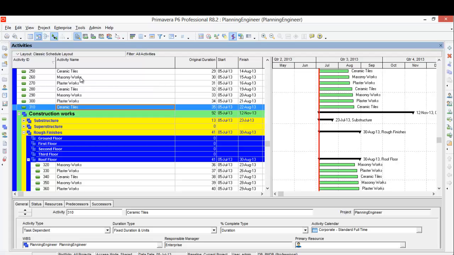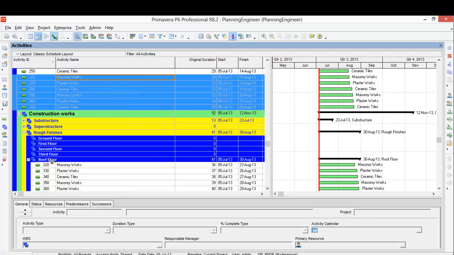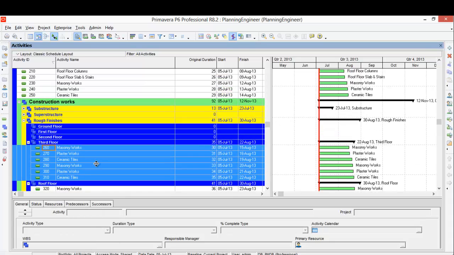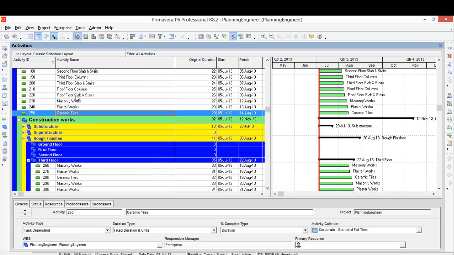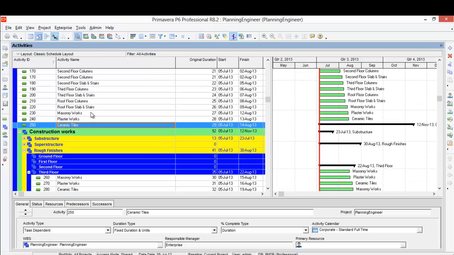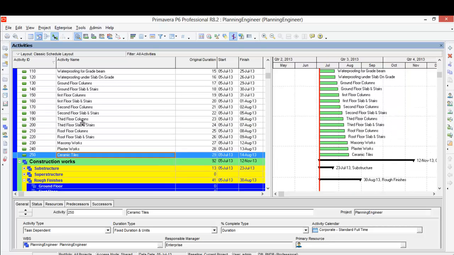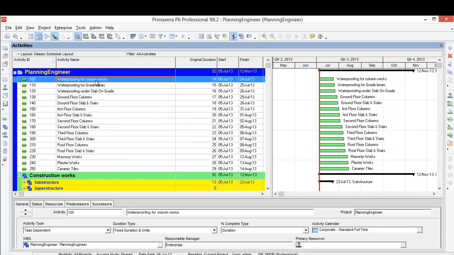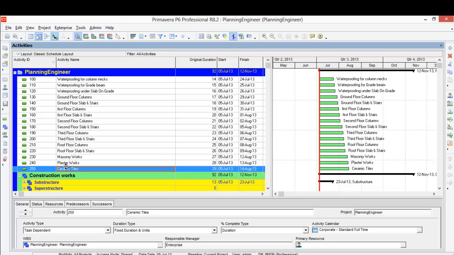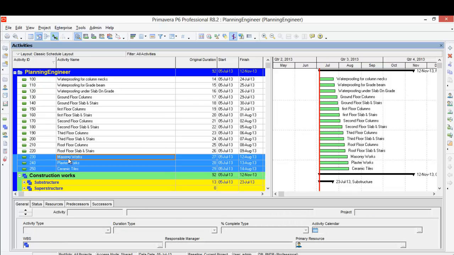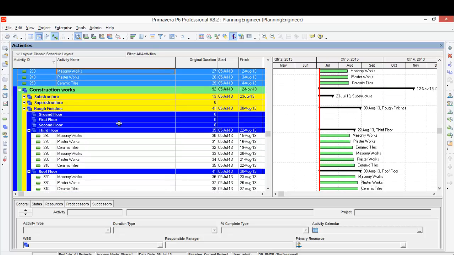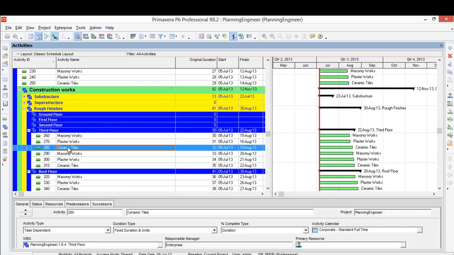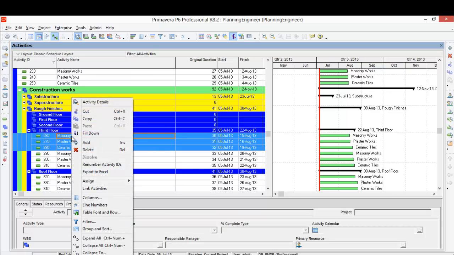Ceramic to masonry, cut. This is related to third floor. Ceramic to, and we have here ceramic, plaster, masonry, we mix this one to this one related to.